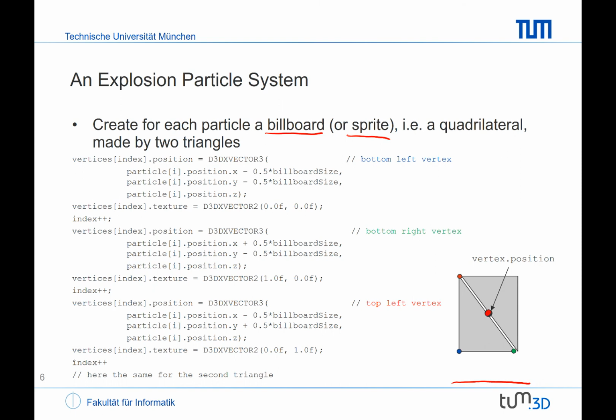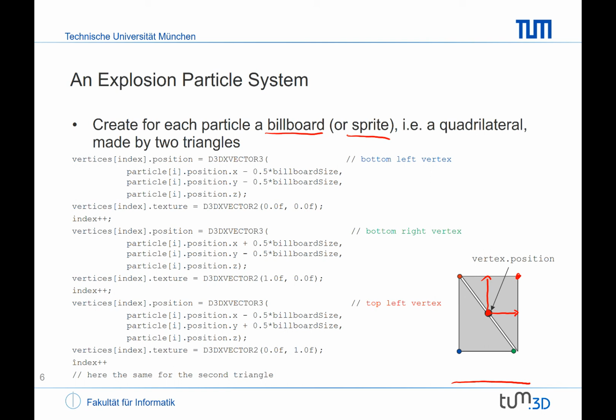Now we simply build two triangles by creating 4 vertices, and the 4 vertices are created by going from the particle position, moving along X and moving along Y in the positive and the negative direction. That creates the corner points,